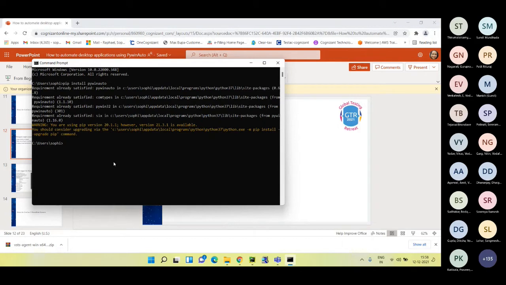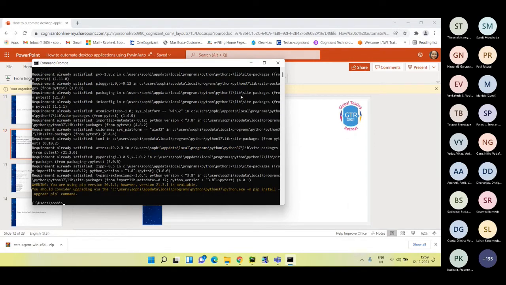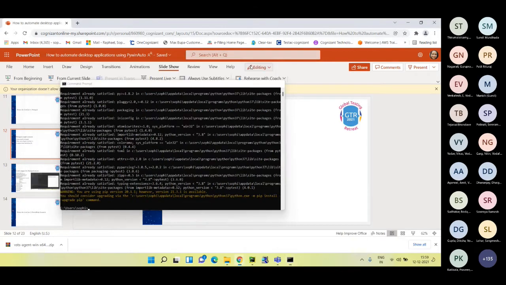Right now we just need PyWinAuto, but going further down the lab, I would want to show how we have integrated this with PyTest also. At that time I will show you how to install PyTest also. It is the same command, pip install pytest. I would recommend that you keep it handy with you.